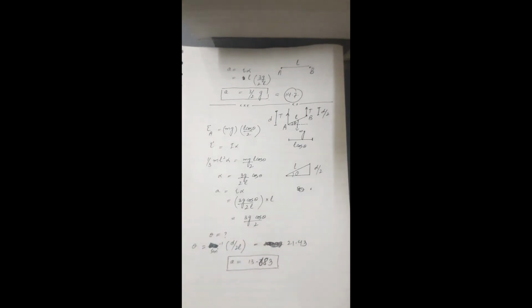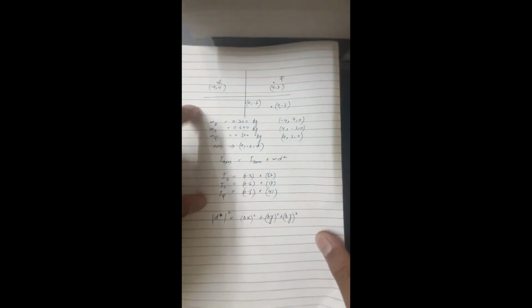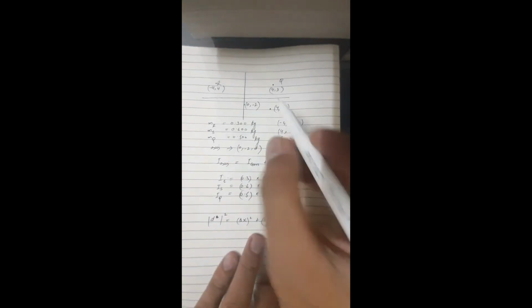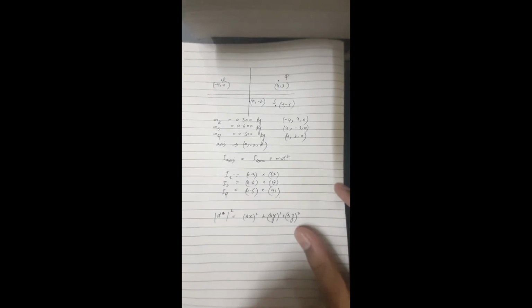Since this was relatively quick, let's do another problem simultaneously, and this is an easy one too. This is the one relating to finding the moment of inertia about a central axis. We have these three masses R, Q, and S. We have these three masses, and what we have to do is find